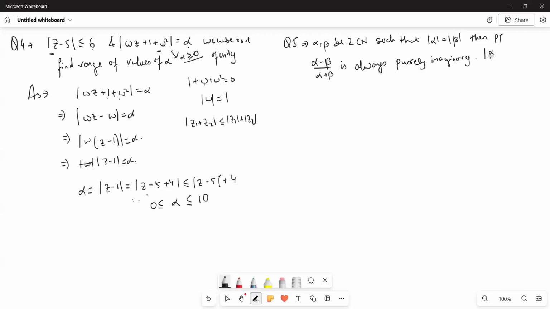कर देंगे। तो मॉड ऑफ अल्फा माइनस बीटा इज वन, फिर अल्फा बाई बीटा को एक कॉम्प्लेक्स नंबर ले लिया ओमेगा, दैट विल बी लाइक सेइंग मॉड ऑफ ओमेगा इज इक्वल टू वन। और यहाँ पे बीटा से डिवाइड कर देंगे तो अल्फा बाई बीटा, पर यहाँ पे वो कंडीशन नहीं दिया हुआ है ना कि मॉड ऑफ अल्फा माइनस बीटा बाई अल्फा प्लस बीटा इज इक्वल टू वन।